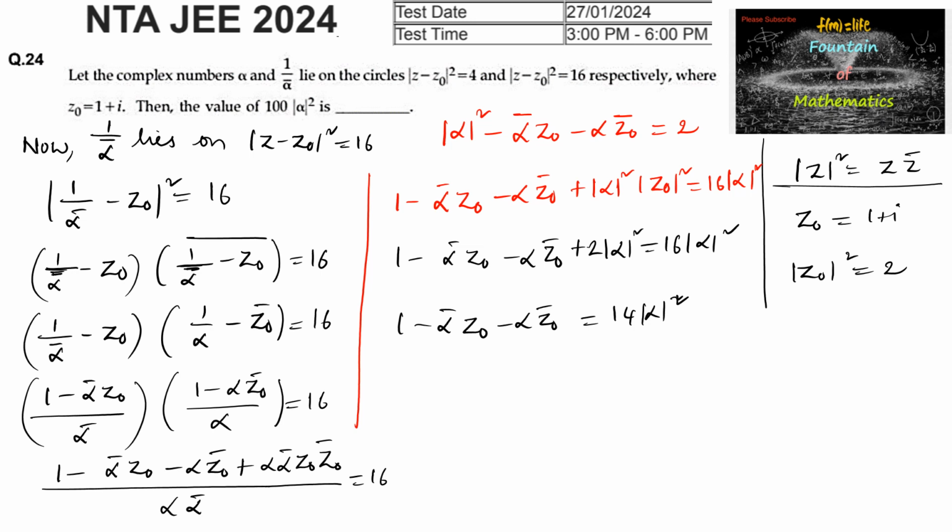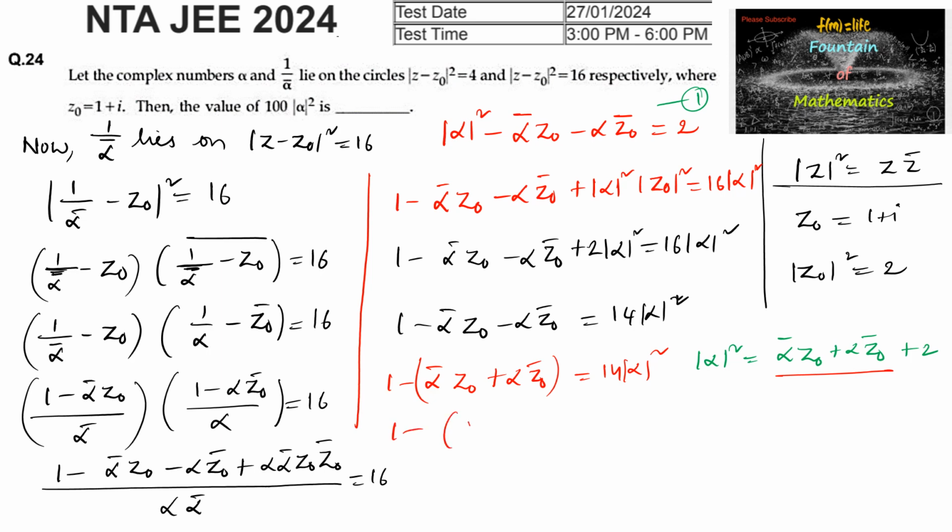And from equation 1 we can write mod alpha square is equal to alpha bar z naught plus alpha z naught bar plus 2. So we can write 1 minus alpha bar z naught plus alpha z naught bar is equal to 14 times mod alpha square, or here we can write 1 minus of mod alpha square minus 2 is equal to 14 times mod alpha square, or 1 minus mod alpha square plus 2 is equal to 14